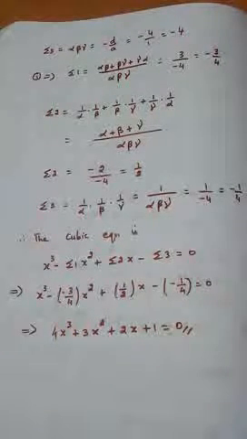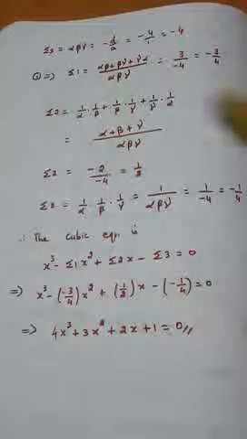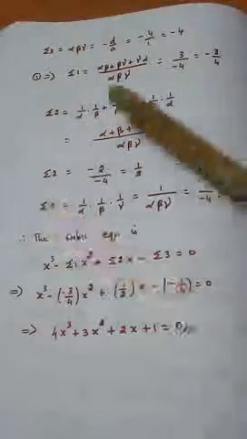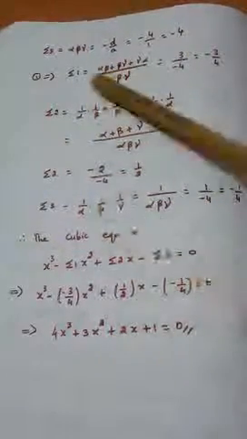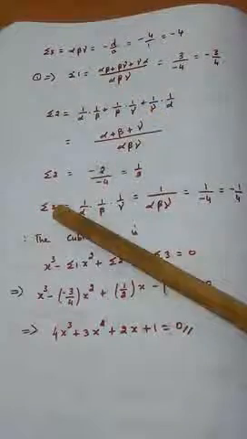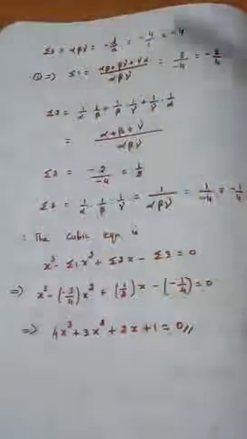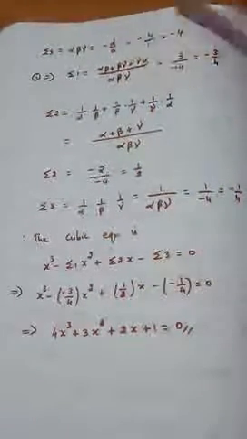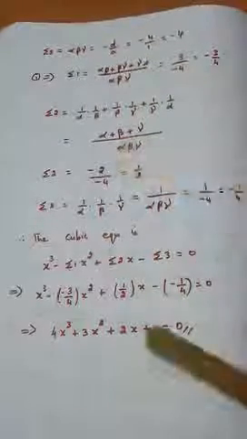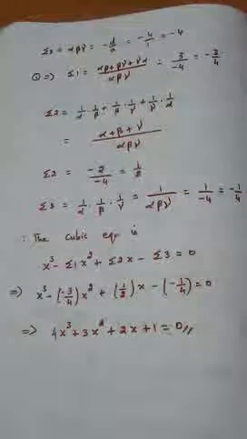Hope you will understand. We'll see the next sum in the next video. Again I repeat, we have sigma 1, sigma 2, sigma 3 in this sum. Actually for this problem we need this sigma 1, sigma 2, sigma 3. For this we have calculated the previous thing, sigma 3, sigma 2, and using those values we found these three and got the equation, right? Yes, we'll go for the next video.